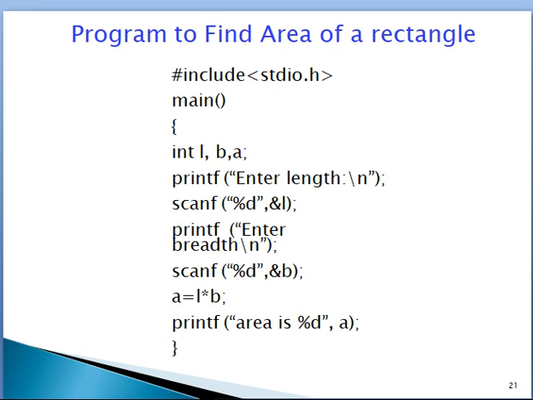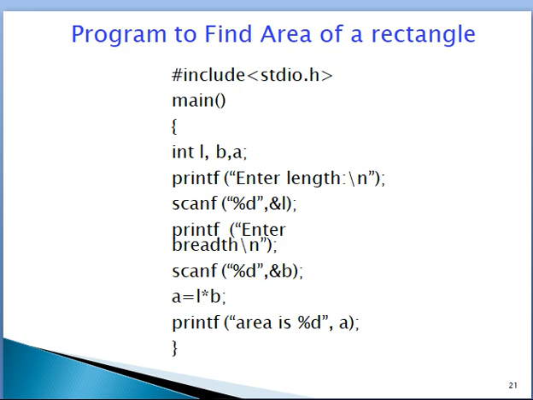These three variables are declared: l to store the length of a rectangle, b to store the breadth of a rectangle, and a to store the resultant value, the area of a rectangle.